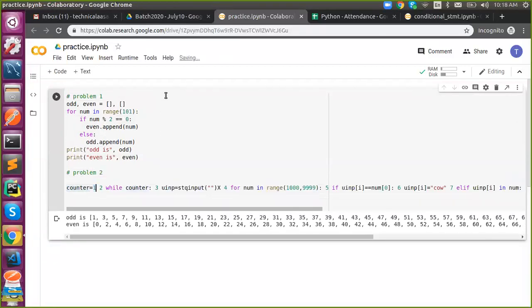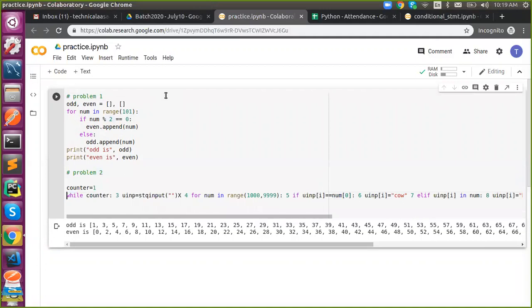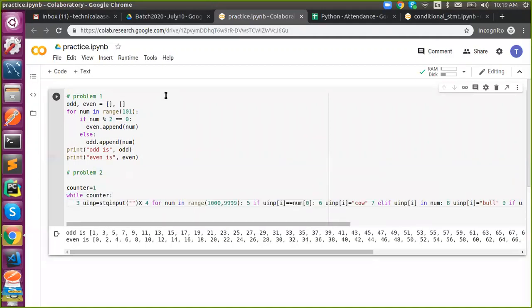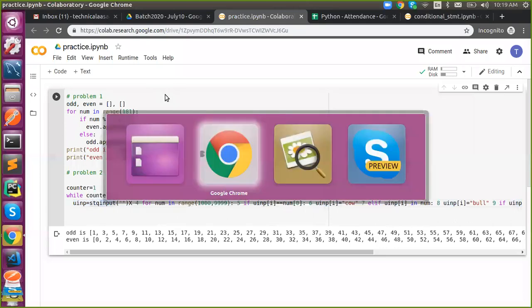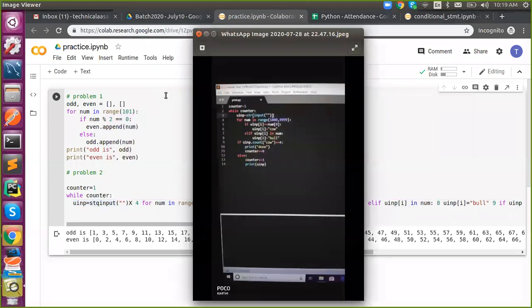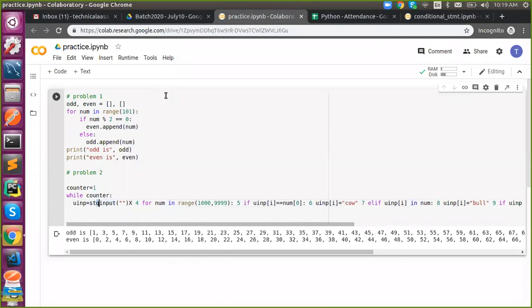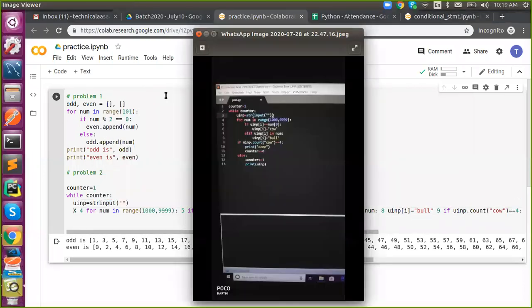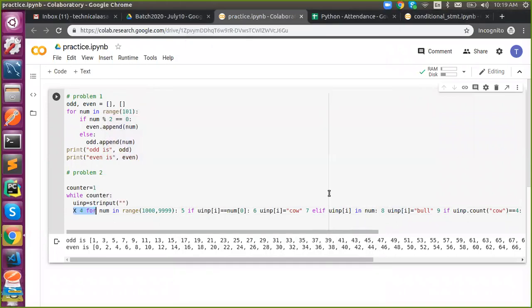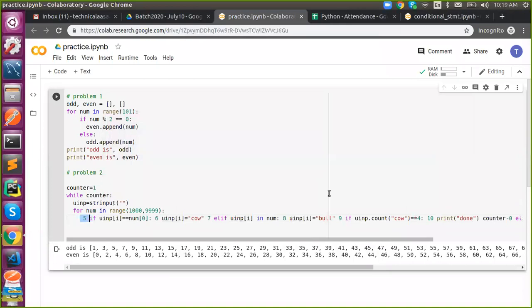So this is what Karthi tried. So what did you say, Karthi? Is it not working?